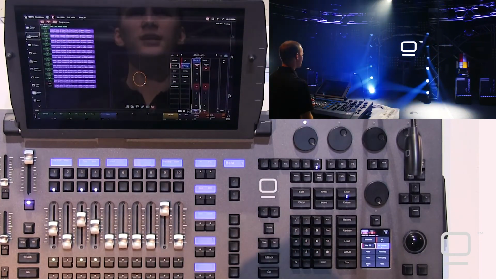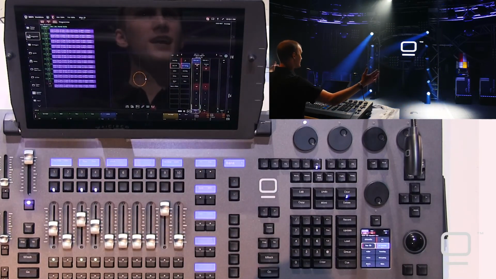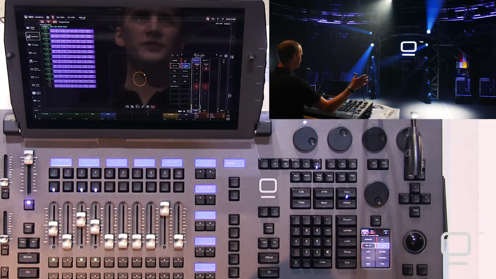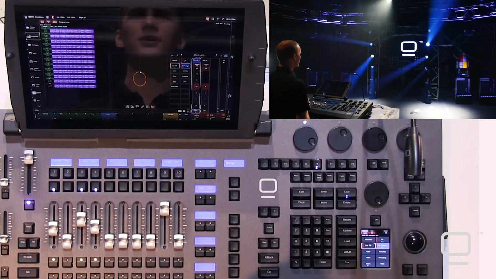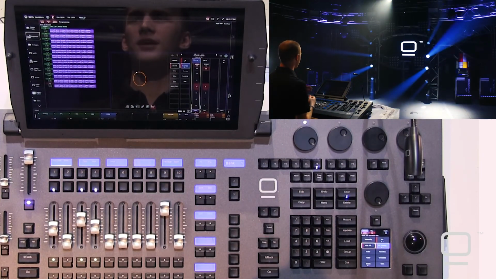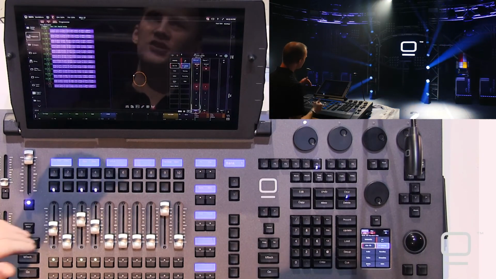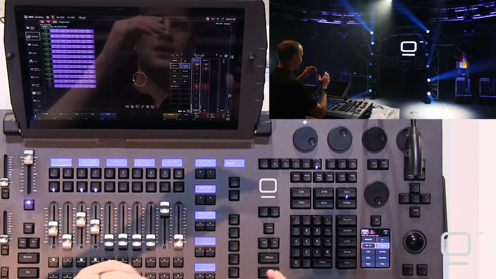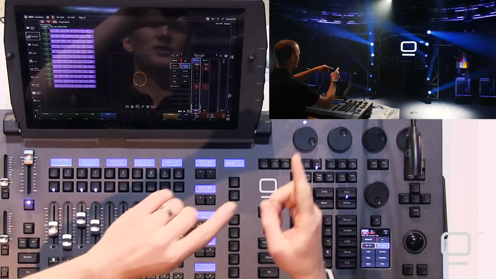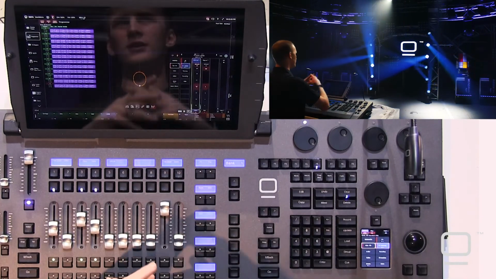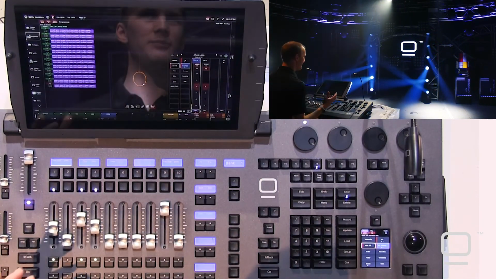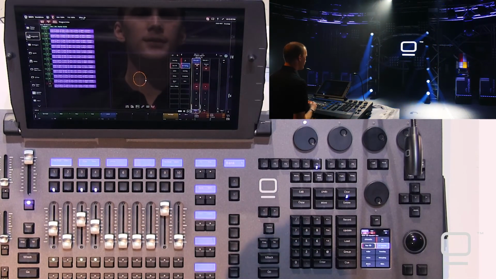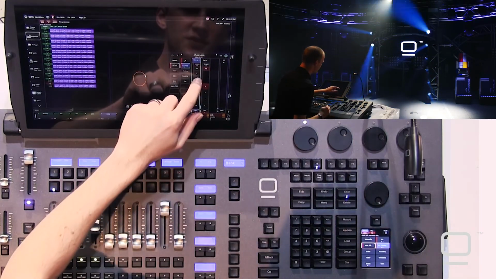And what that's now done is spread that effect out across all 12 units nice and evenly, so that the effect is basically happening just offset at perfect times, and when it gets to the last fixture, it then wraps to the first fixture. It's very even, very balanced looking, okay? If I, for example, choose 6,